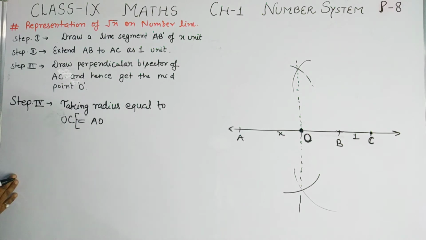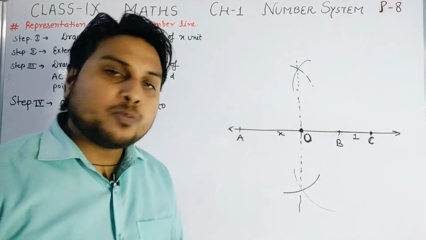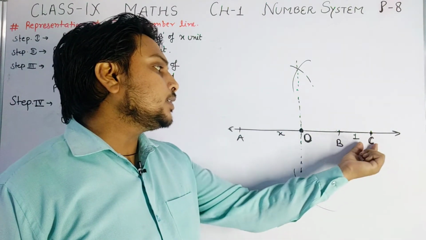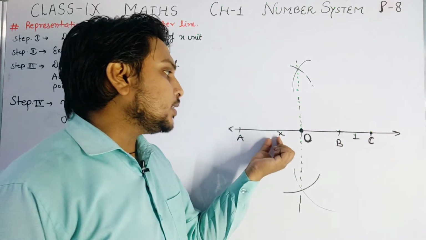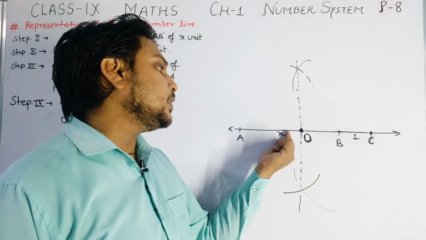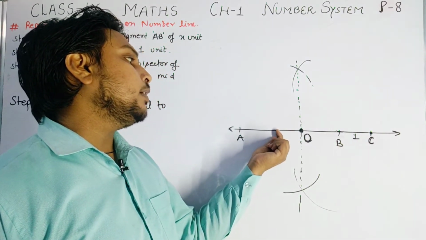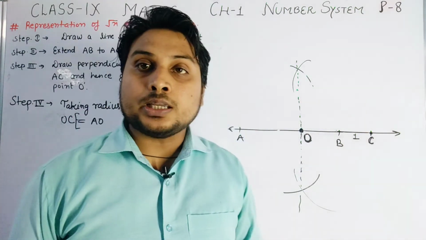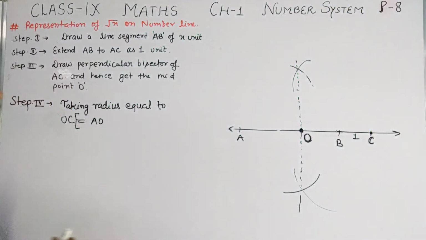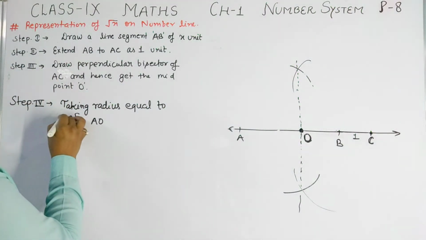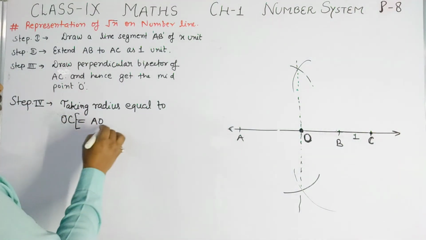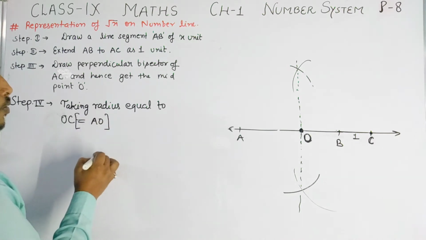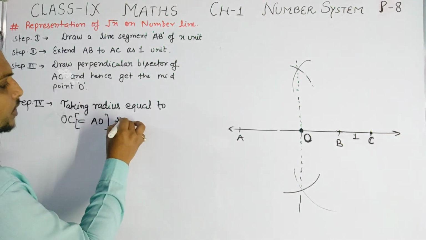See, if O is the midpoint of AC, it means AO and OC are equal. This O is the midpoint of AC. It means the distance AO and the distance OC are equal. So we will write here, taking radius equal to OC or equal to AO, draw a semicircle,